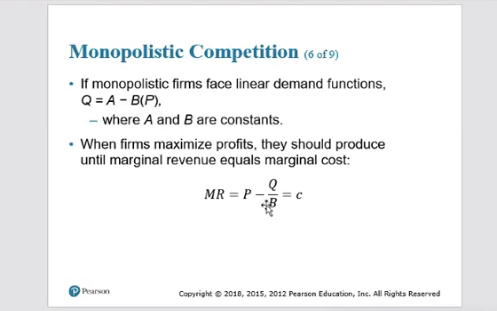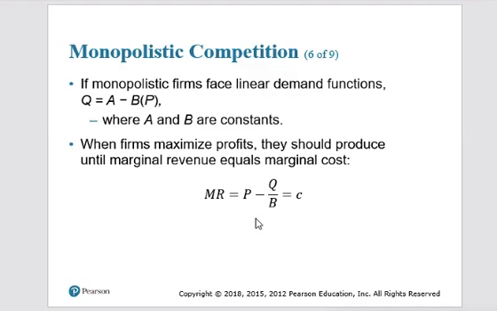P equal to Q over B. All right. So, and then we also discuss that for a monopolistic firm, the firm will set the quantity output to maximize their profit, right? And the level of the output is going to be where the marginal revenue equals the marginal cost. And this little c here is the marginal cost, and this is the marginal revenue, right? So you just equate these two